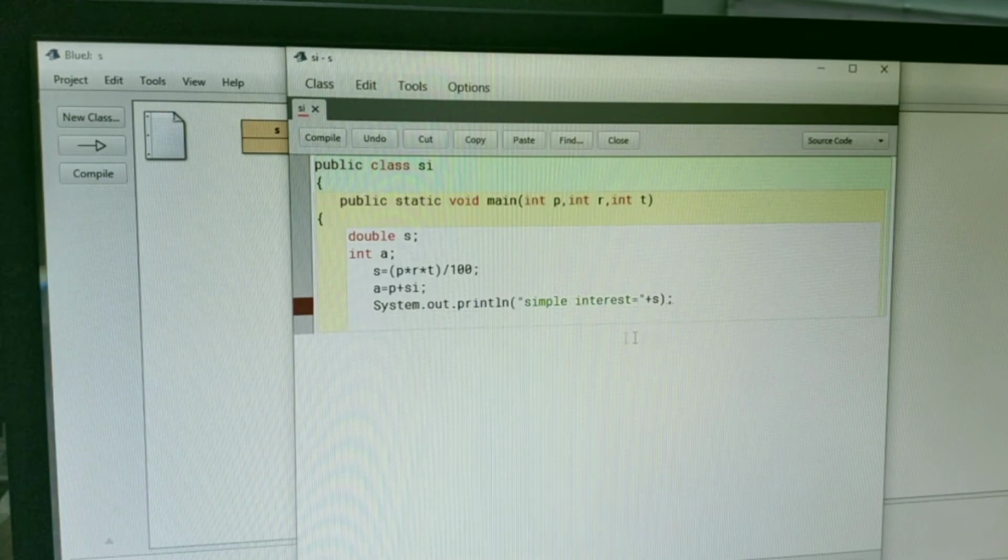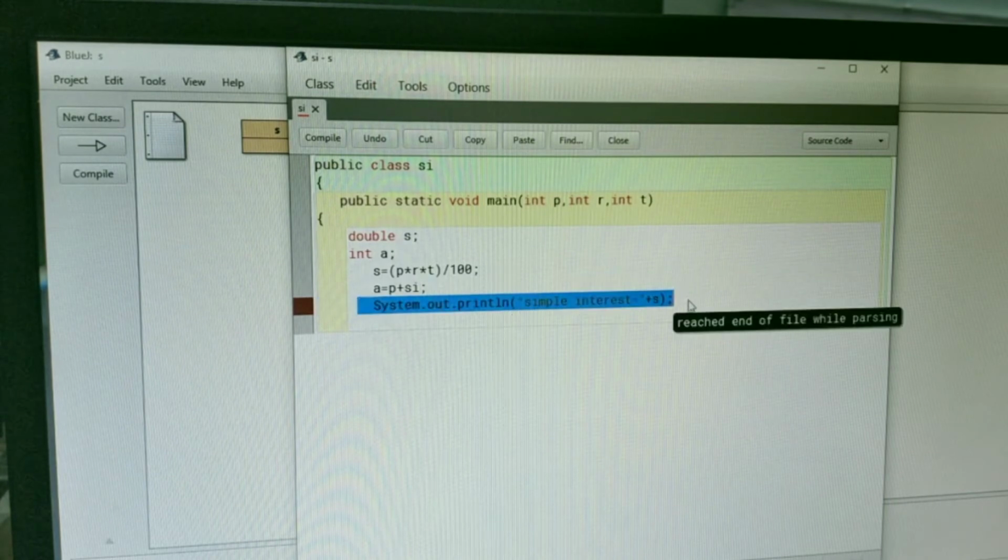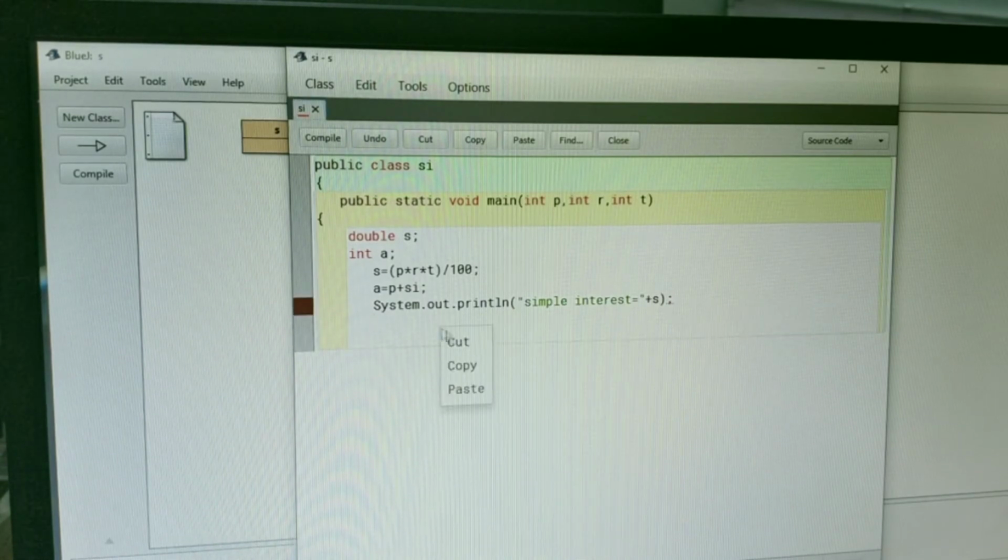Then we can copy the statement and print the amount also. You can select and make a copy of this statement for saving time, and paste it here.